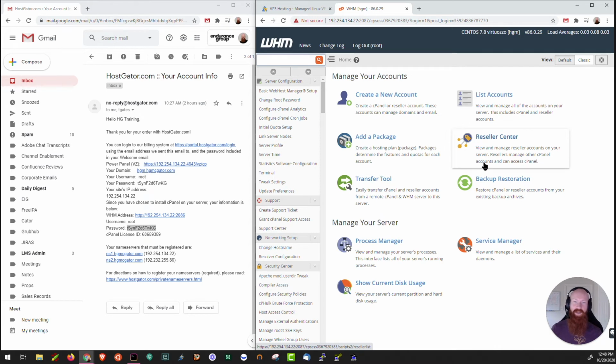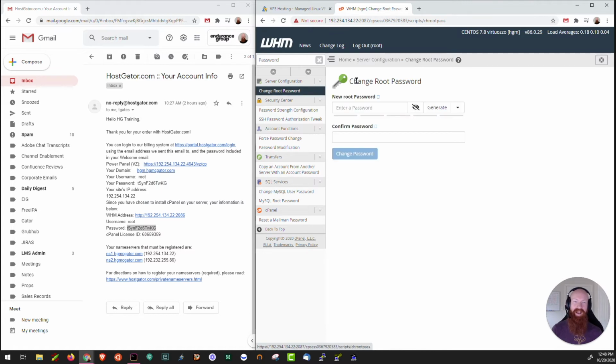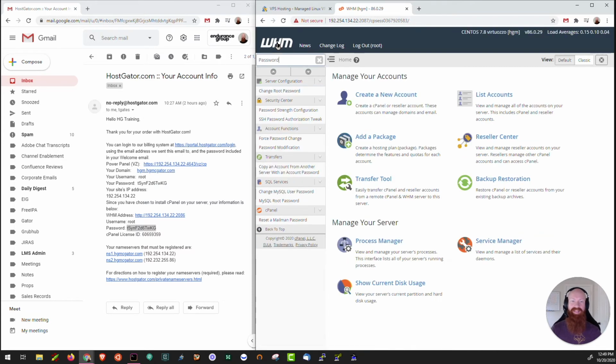Now that you're logged into the WHM, the quickest way to get to anything in the entire server is through this search bar at the top. First thing I want to do is show you how to actually change that password if you think you'd like to change it to something different or something that's more secure. So what I'll do is just type in password as a quick search function. You can see we have the quick change root password function here. I'll click that. Takes us to the section. I can confirm the existing password and then set a new one if I'd like to. Anytime you want to get back to the main page for WHM, all you have to do is click the logo up here at the top.